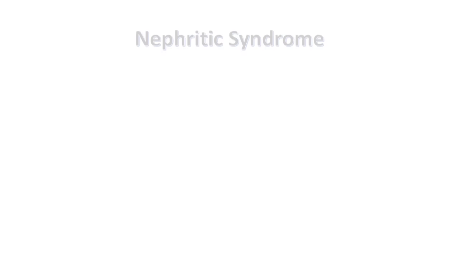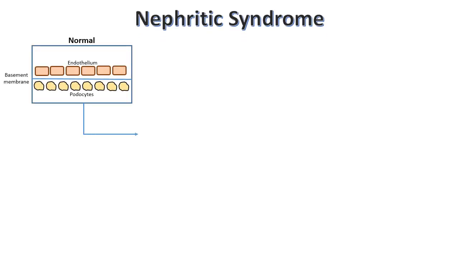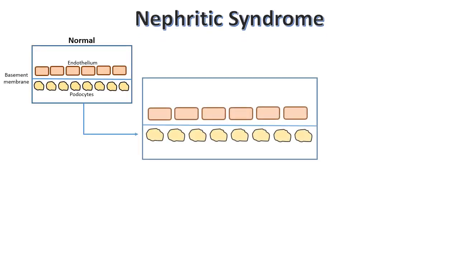In nephritic syndrome, there is severe inflammation of the glomerulus, which may be due to immune-mediated injury or immune complex deposition, which leads to damage to the glomerular basement membrane and podocytes. Because of this damage, there is leakage of plasma proteins including albumin and globulin. Here, damage is more compared to that of nephrotic syndrome.